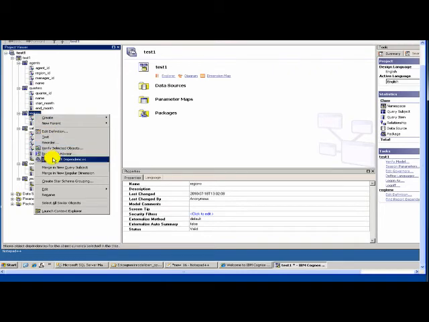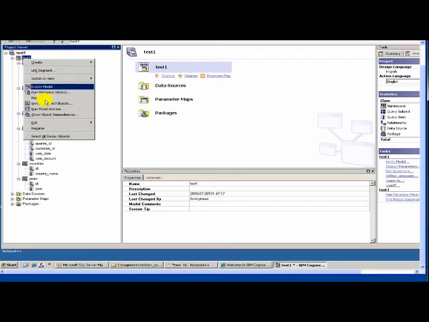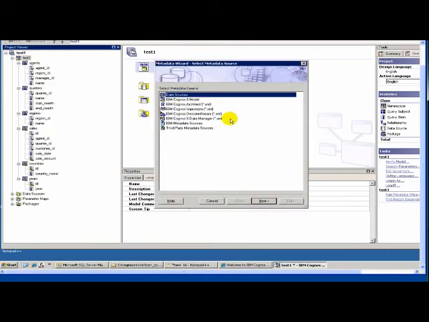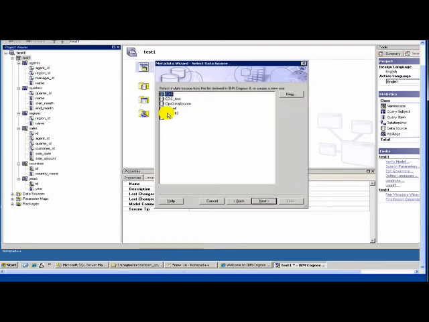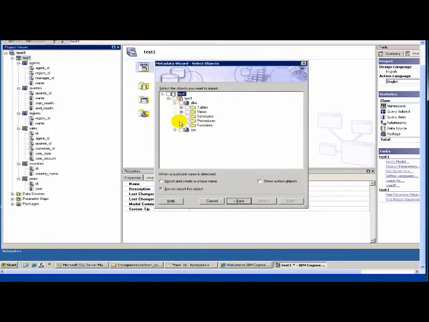So what we have to do is re-import the regions query subject. So let's do that. We again run the metadata wizard, which you have to select at a root level, and then we select data sources, and then we go to test one, and we have regions.